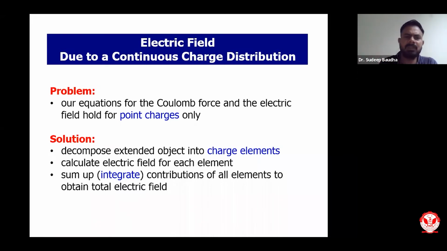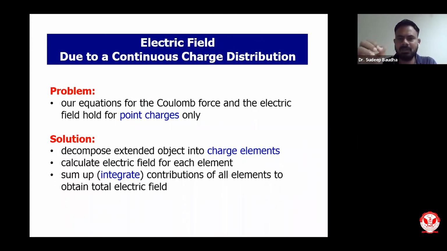So this is the method we will be applying, where we will try to find out electric field because of a geometry. Please remember, the geometry can be anything. It can be a line, it can be a stair, it can be a simple bar or anything else. But the method will be the same. We will try to decompose the entire geometry into small segments. We call it small elements, or point charges, or an infinitesimal charge, or whatever you call it.